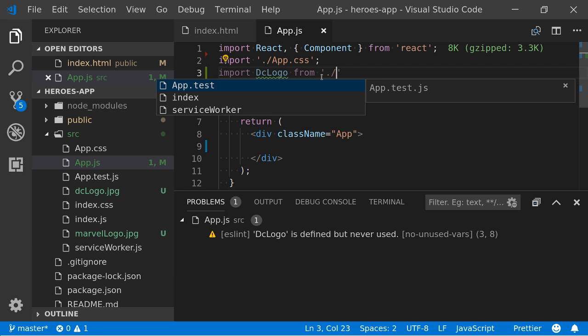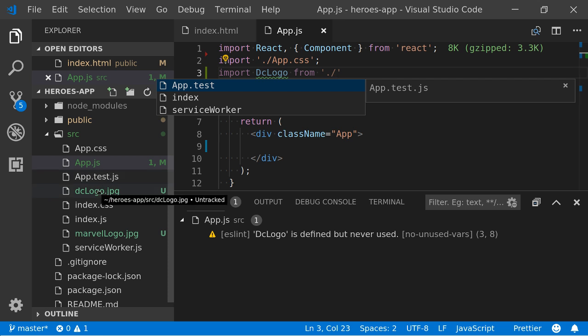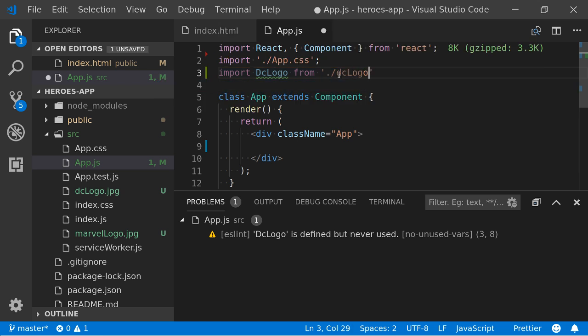We don't need the source because we're already within the source. So this dot slash is telling us we're in the current folder. And then it's just the name, right? So mine is dclogo.jpg. So whatever you called yours, something like that.